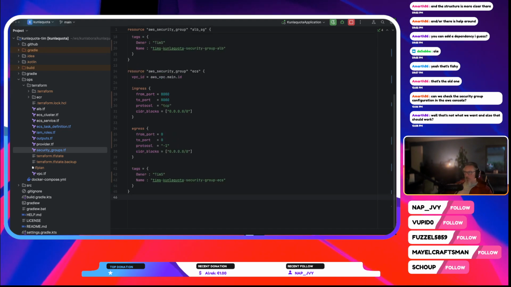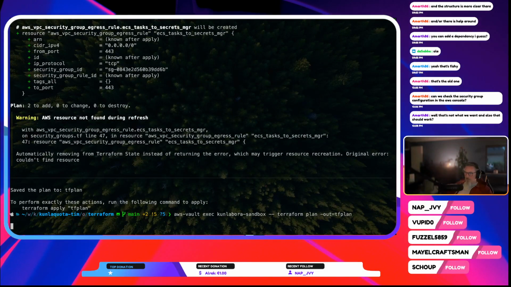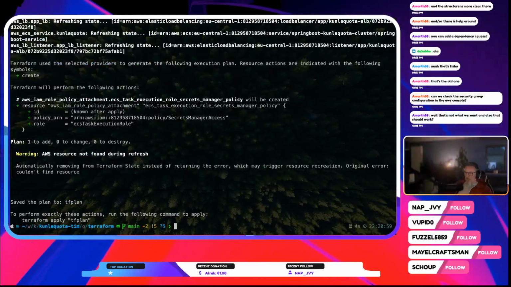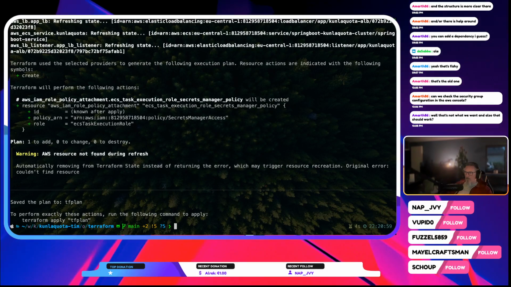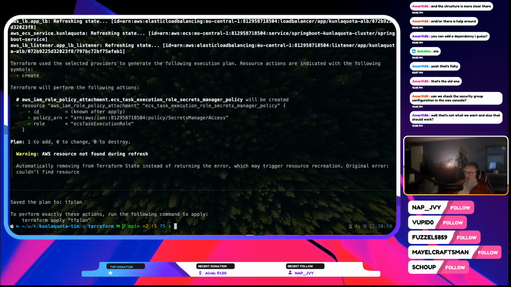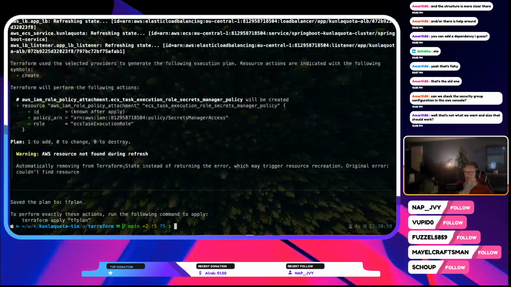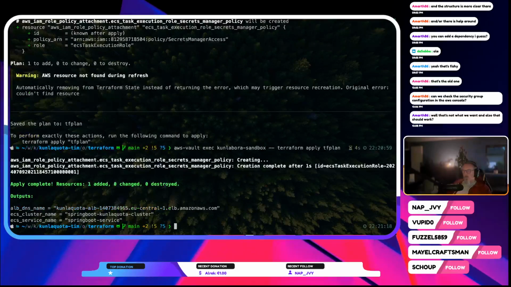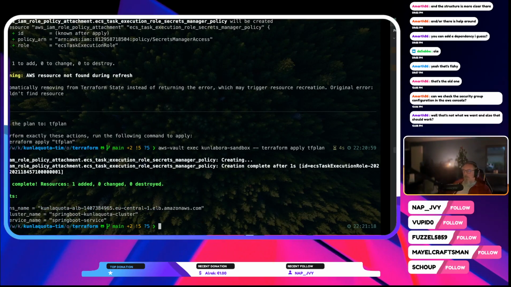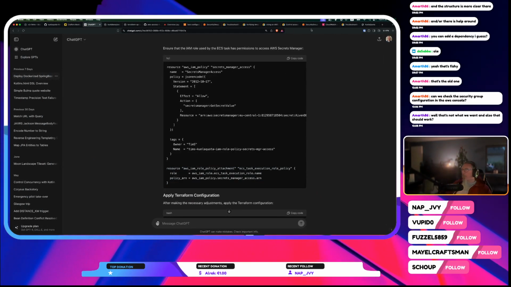Maybe I need to use a newer version or something. My young mod. Well, which one could it not find? Well, whatever. Let's apply the plan. And then we should go back to